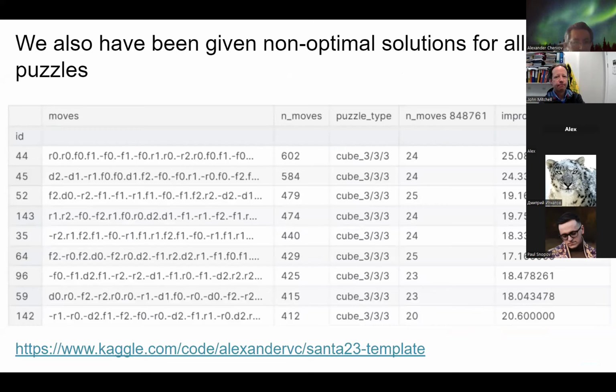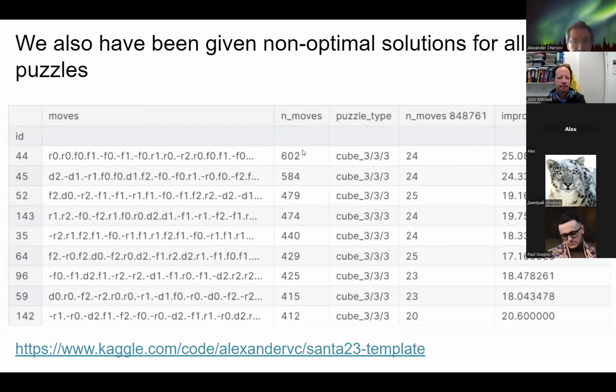And actually, there was some hint given to us by the Kaggle organizers that we were given some non-optimal solutions. This represents the sequence of moves. So R0, F1, these are notations for the moves, for the matrices which we discussed before. And Kaggle told us that this is not an optimal solution. If you apply these permutation matrices to the initial state, finally you get the desired solution state.